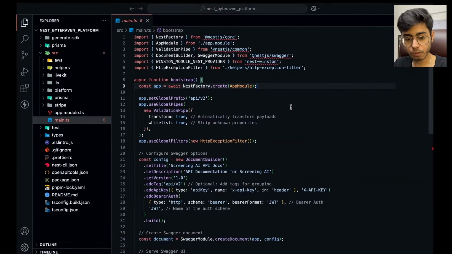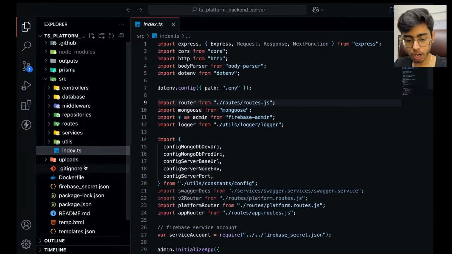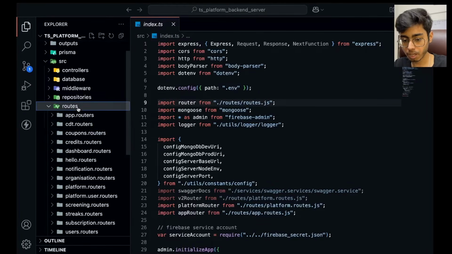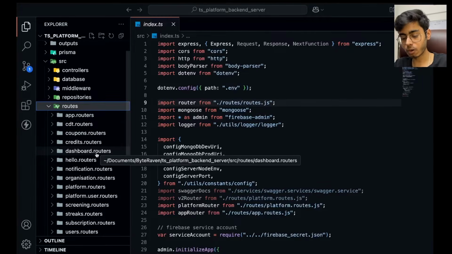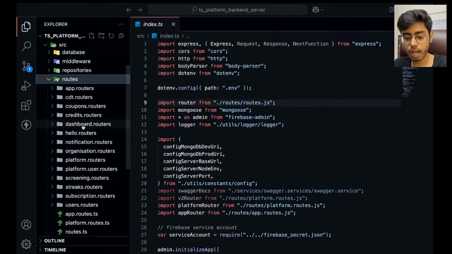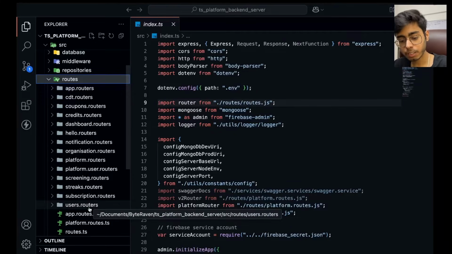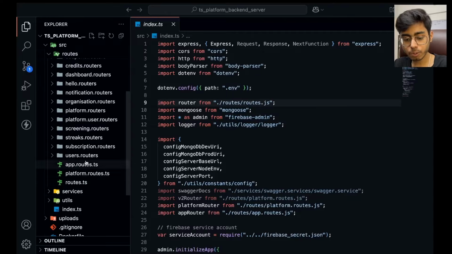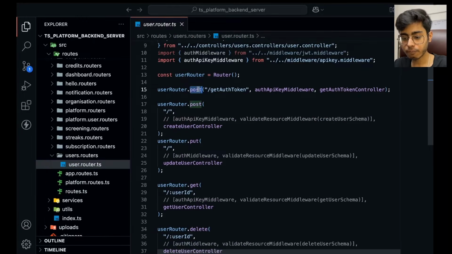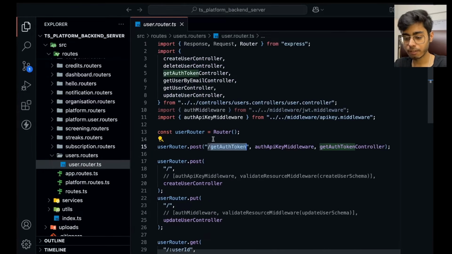One more thing. If I have to show you how this happens in production grade applications, in my production application, I have some routes. So this is a server application, not a client application. For every feature, let's say I have notification or dashboard or credits or coupons or my users, you have different gates, right? Routes are nothing but the gates to your server. So let's say I want to access user information. I'll go to the user router, and you can see I have defined over here whether this endpoint is a POST call, GET call, DELETE call, everything, right?